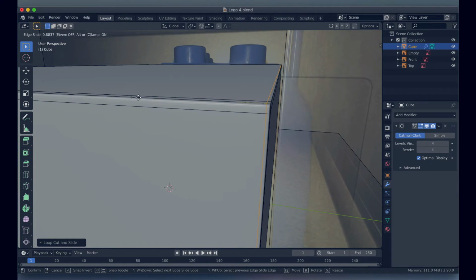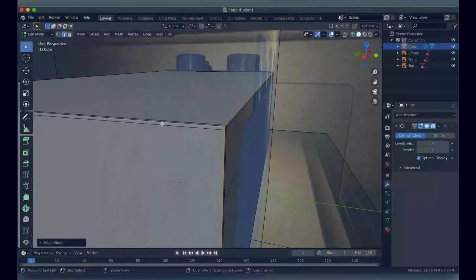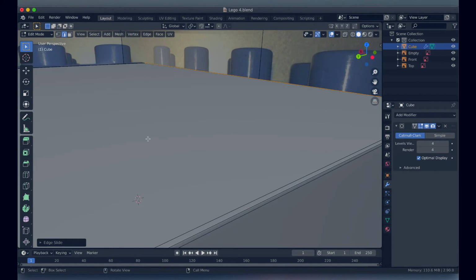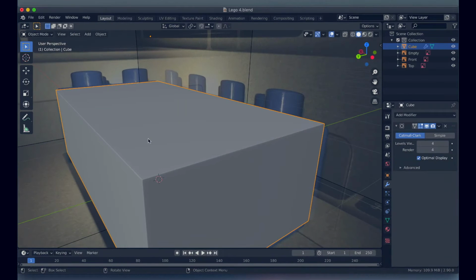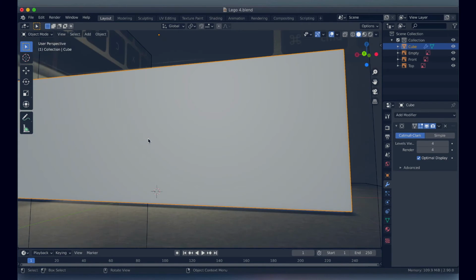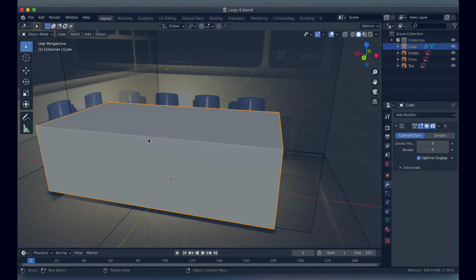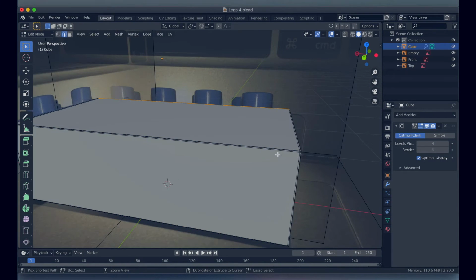And I'm going to show you that as well, because I'm going to turn the modifier off and show you what the block looks like. Okay, there you go. That's out of edit mode. That's a very nice, satisfying looking mesh right there. Very nice. And the great thing is this, going into vertex mode,